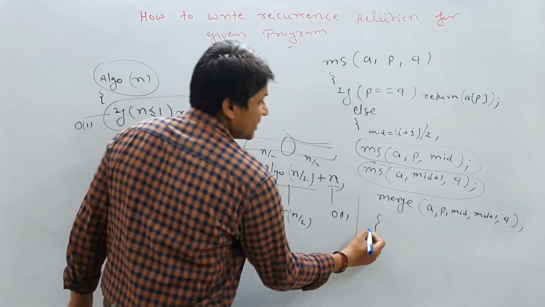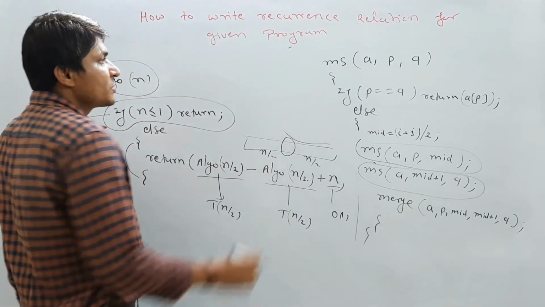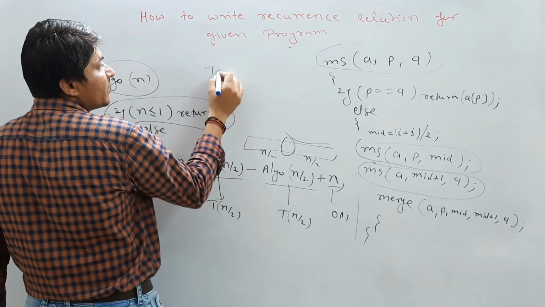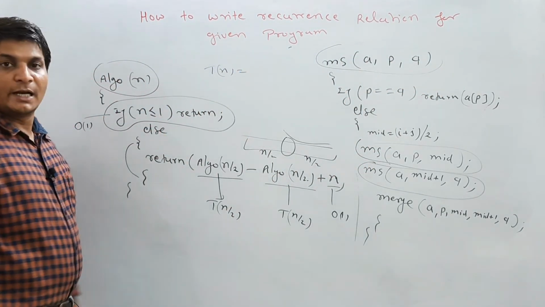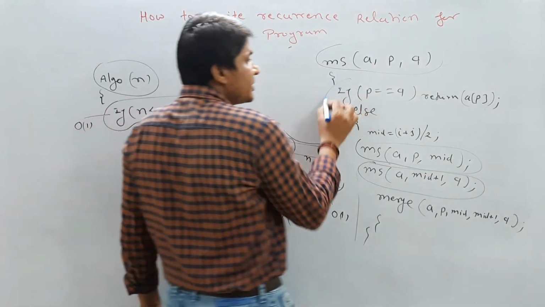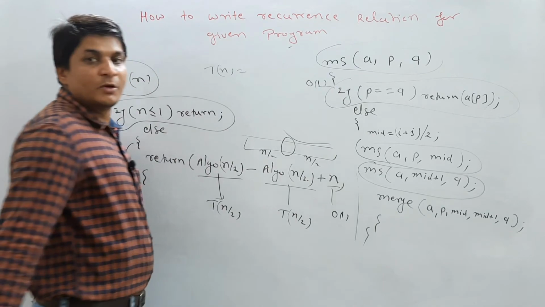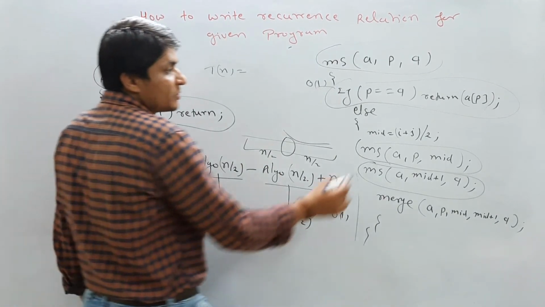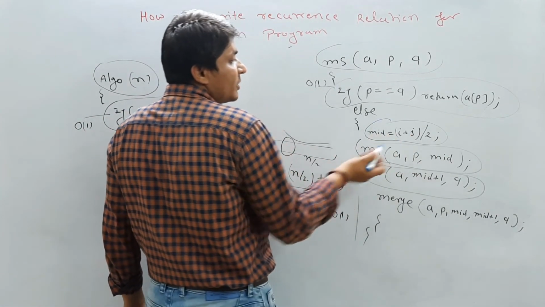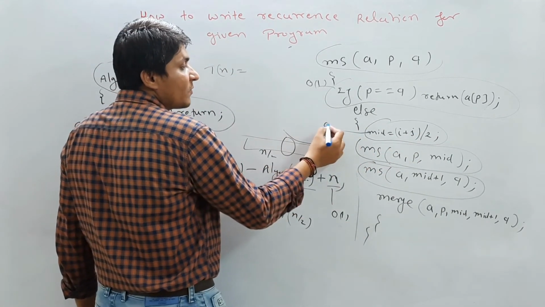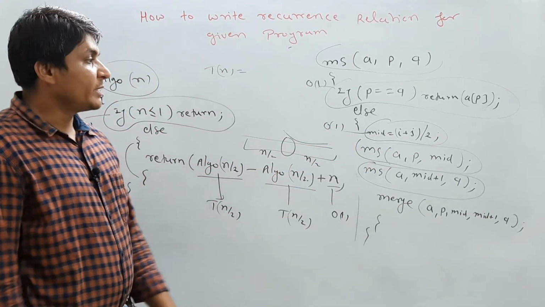Now if you see this program, let's suppose it takes T of n time to solve the n elements problem. Here you are doing just one comparison. Comparison will always take order of 1 time. Again you are calculating mid, just performing arithmetic operations, and an arithmetic operation will always take order of 1, a constant amount of time.